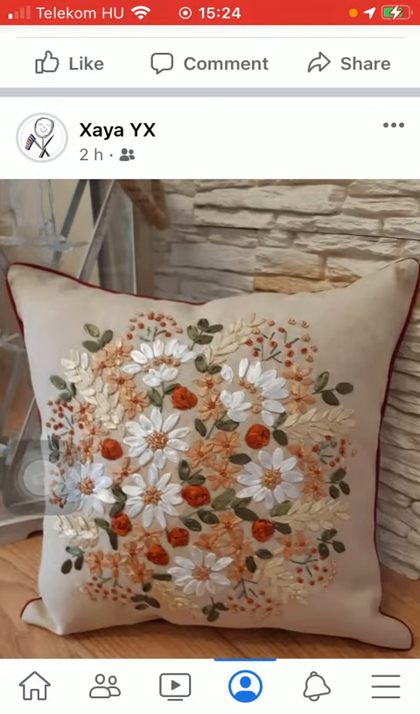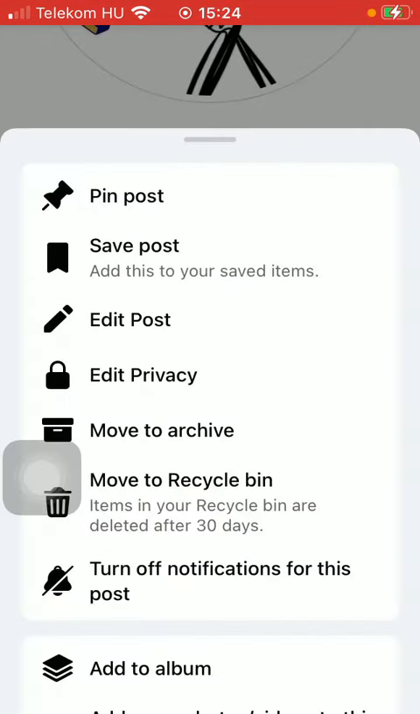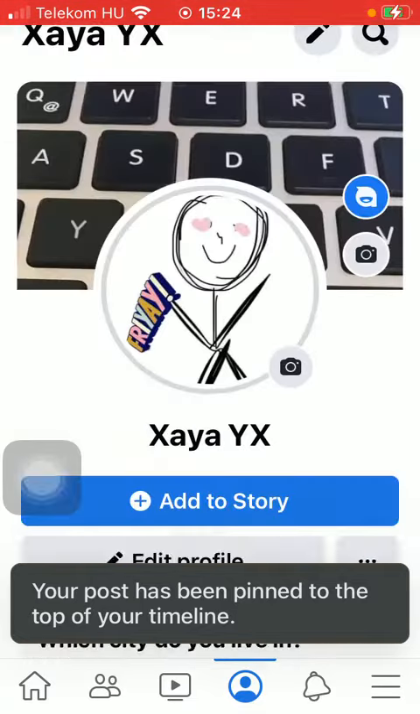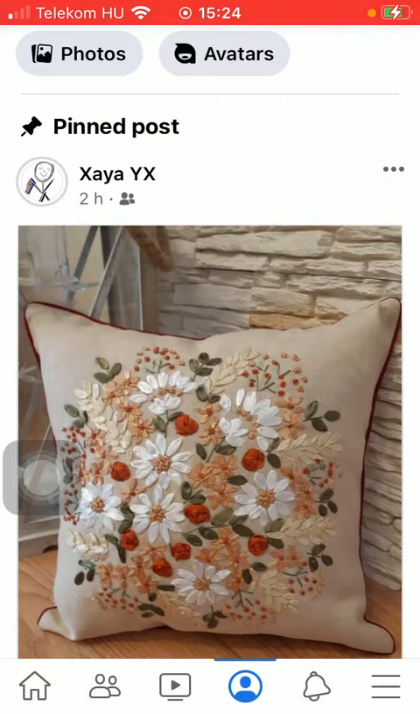So you should tap on this three dots icon above your picture in the right side corner and tap on the first button, Pin Post. As you can see, your post has been pinned to the top of your timeline. So if you scroll down, that's the first thing that will appear to you and others, indicated by this Pin Post